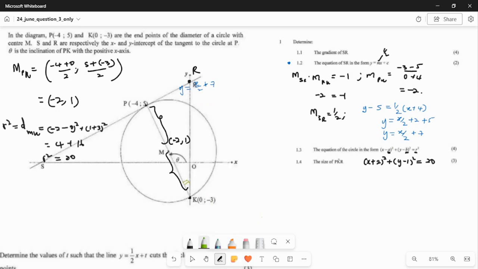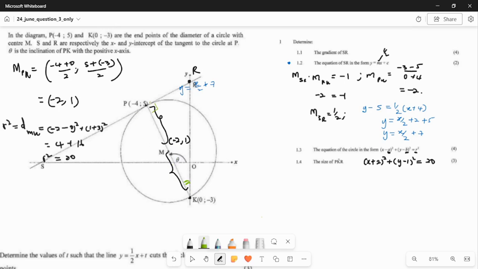This angle, right there. So to find PKR, let us leverage what theta is. So at this point we don't know what theta is, but we can use theta,